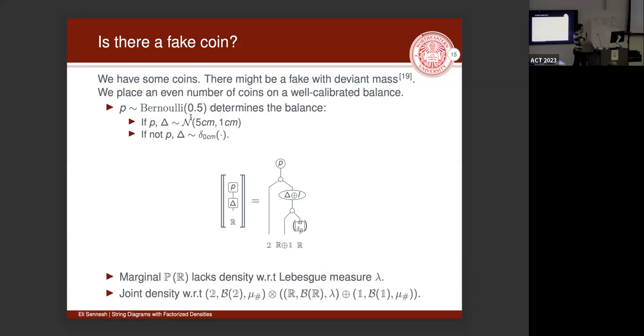If I had actually marginalized out my intermediate residuals here, the resulting marginal measure on R is actually known to lack a density with respect to the Lebesgue measure. Specifically because, if you decompose it piecewise, one of its components is just a delta measure, which cannot have a density with respect to the Lebesgue measure. On the other hand, the residual has a joint density just fine that even breaks down into nice conditional factors.